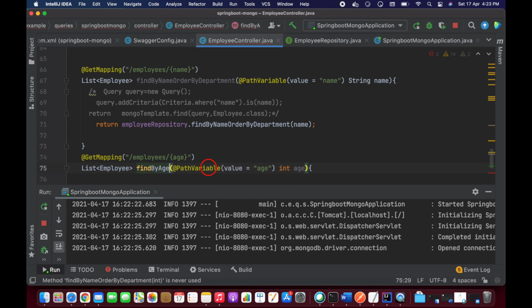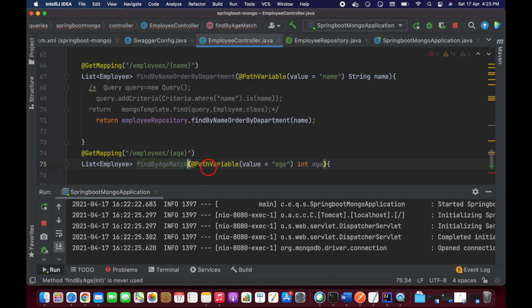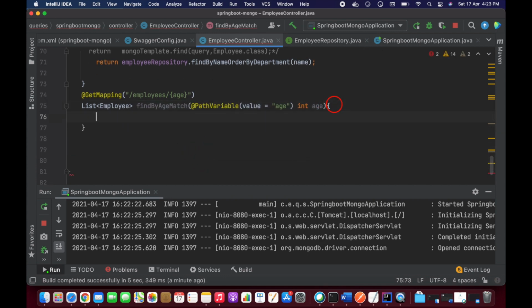Find by aggregation match, and inside that I'm going to write some conditions, guys. First of all, you can use group by, and after that we need the match operation. And after that we need the sort operation.